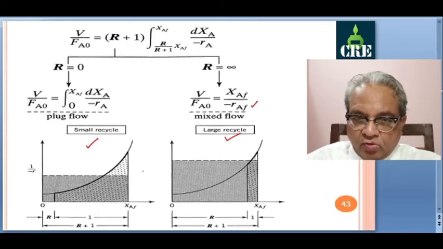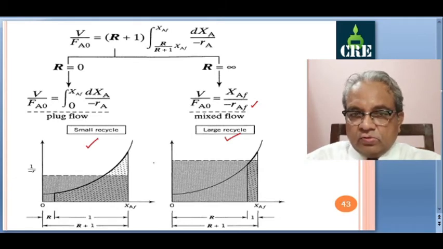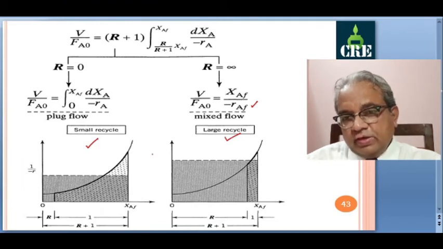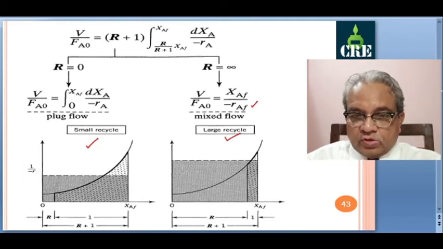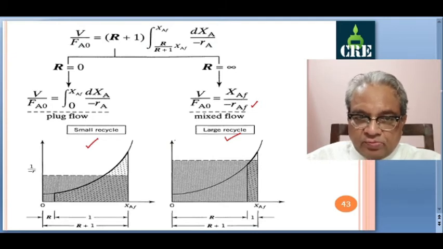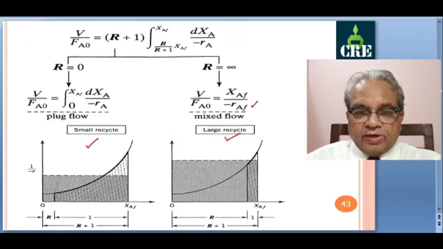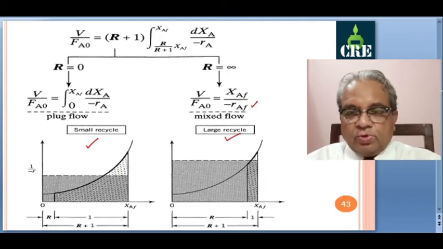And we have performance at some appreciable value of R, which is midway. It is not nearing 0, it is not negligible, and it is not nearing infinity, or very high. So in that case, on one extreme R is equal to 0, we have plug flow. On the other extreme we have R tending to infinity, complete mixed flow performance. Same models will be applicable, but our recycle reactor is operating at some reasonable value of R, where its performance will be a combination of mixed flow and plug flow reactor.